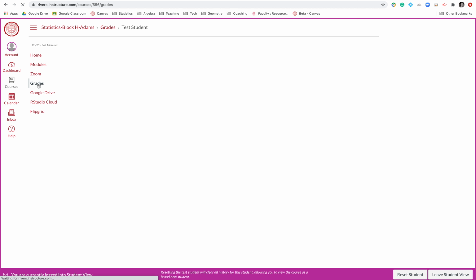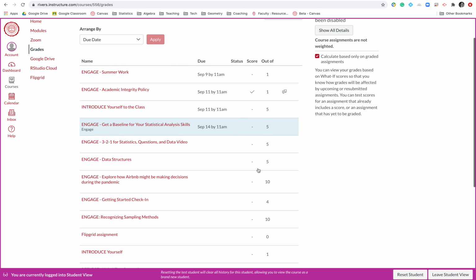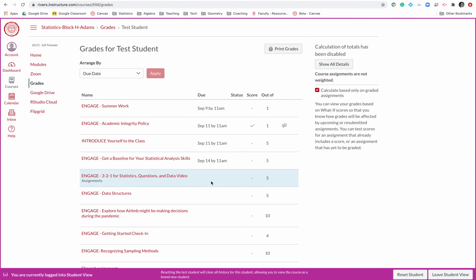Now, just to clarify, as you look at these grades, these are going to be grades that teachers, one, want you to see, two, want you to see feedback for, and then three, you won't have access to the calculation of your entire average. This box here is sort of an unofficial average, but there may be things that teachers are not sharing in their official grade book. They're basically giving you access to things you want to see feedback for and the grades that they want you to see.